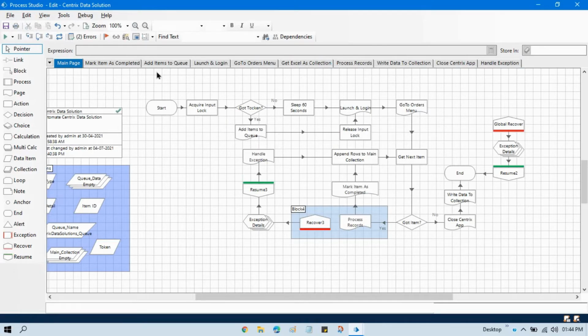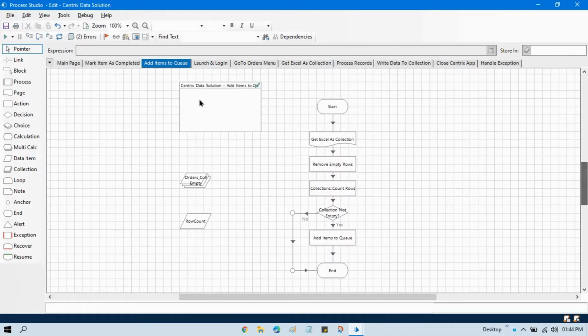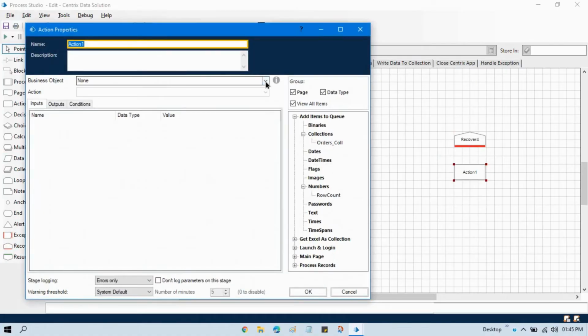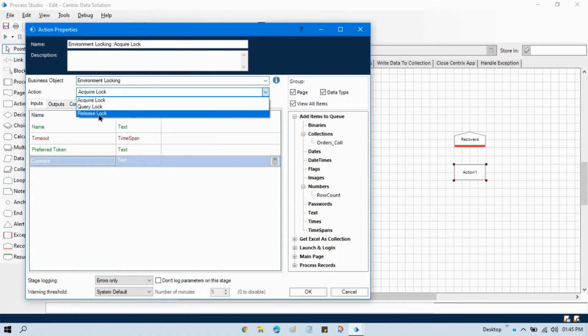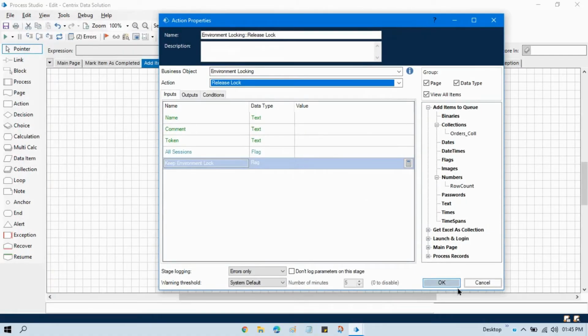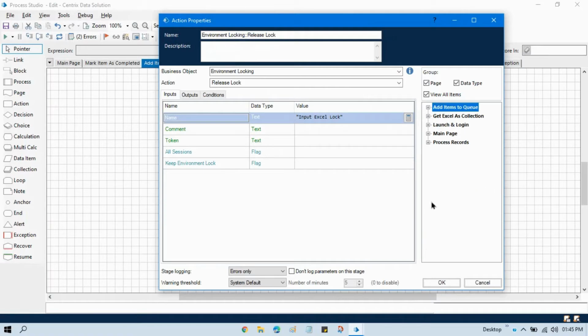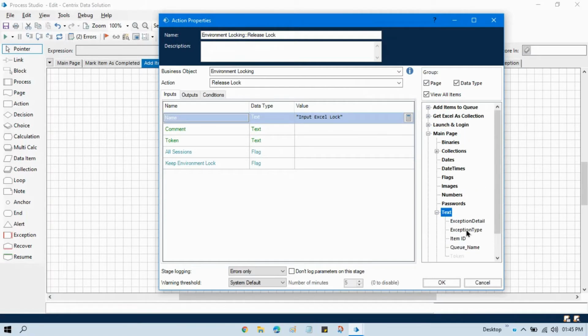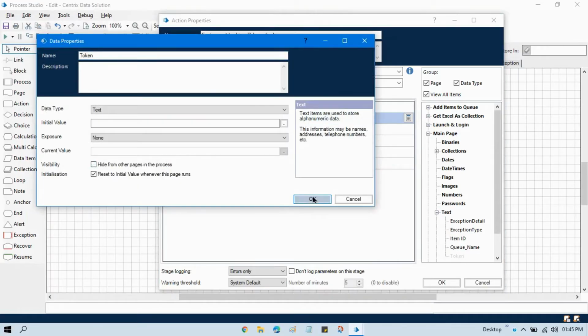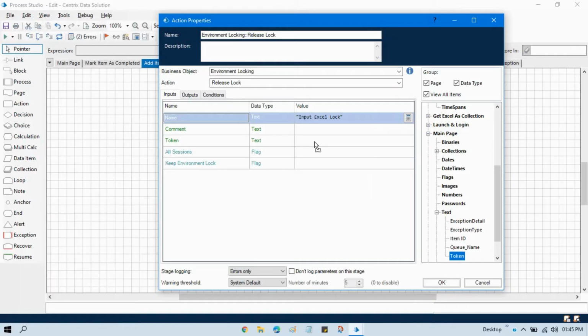Now what we are going to do, I am going to add items to queue here, take one recover here, and then take one action stage, take environment locking, take release lock. Now we'll put the same name here, input Excel lock, and then in the token number we need that specific token from the main page. So let me uncheck this and take that token number,